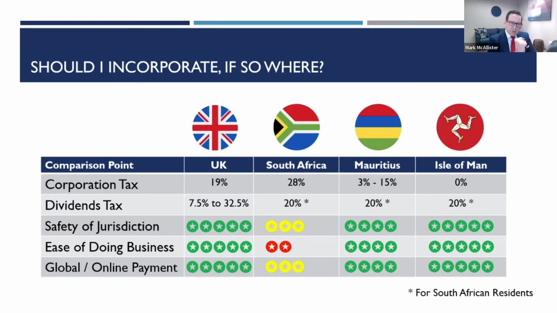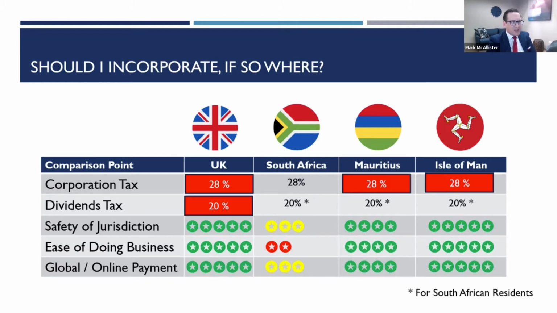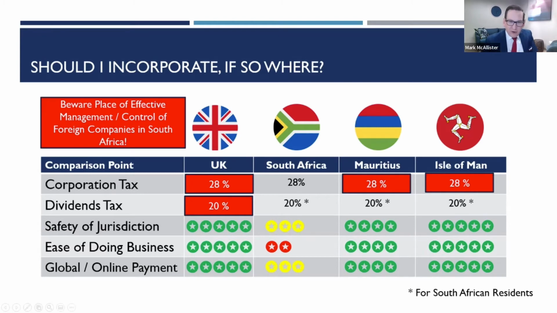But again, with only half of the story, people are probably sitting there going, oh, well, I'll go and incorporate in the UK or the Isle of Man. And this is where I want to bring home the point you mentioned earlier, Jeneen: the place of effective management, or the control of foreign corporations law. Effectively, once you're deemed a South African tax resident, South Africa will say, well, if you paid less tax through that structure, that's fine, but we want the balance back into South Africa. Is that right? Am I understanding that correctly?